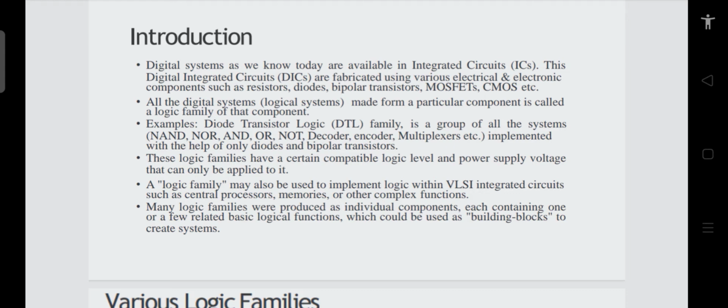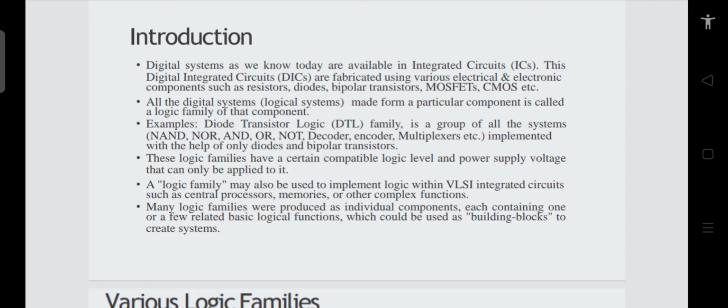So we'll study these logic families, the development of these logic families, from the beginning, 1960 onwards, how the development took place and what the initial logic families were, and then later on what the advanced logic families are. Up to the current scenario, the CMOS logic family. And in between we'll also discuss what the various problems are which come in a particular logic family and how to overcome them, and what the advantages and disadvantages of each and every logic family are, whatever we are going to discuss.